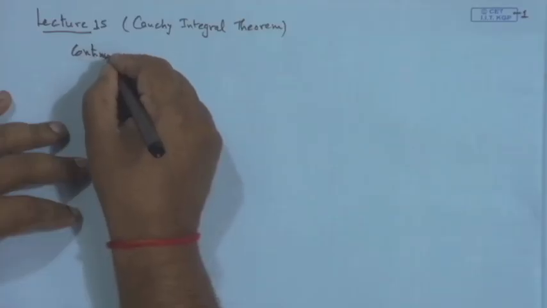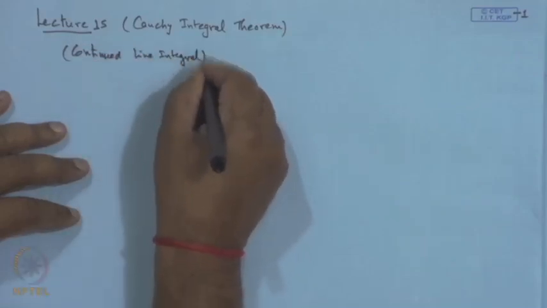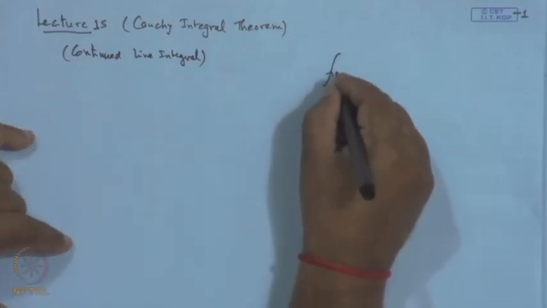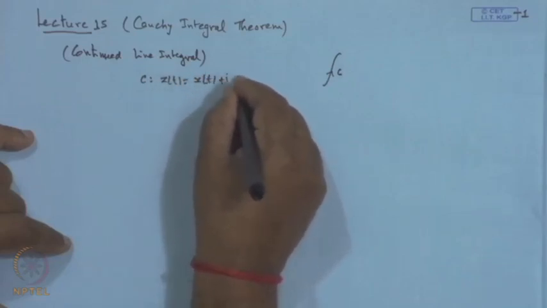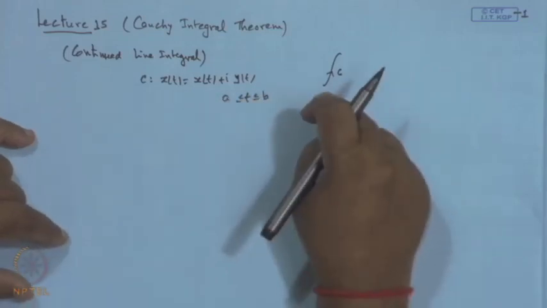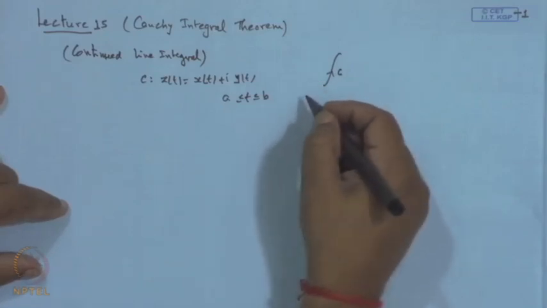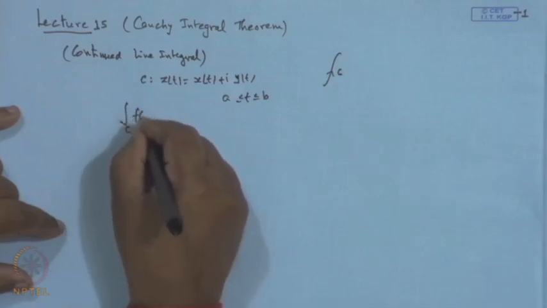Okay. So, in the last lecture we discussed the line integral of a function of a complex variable z, the integral over C of f(z) dz, which we have defined as a continued line integral. If C is a curve whose parametric equation is x(t) plus i times y(t), where t ranges from a to b, and C is a smooth piecewise curve, and the function f is continuous, defined at each point on the curve C, then the integral over C of f(z) dz